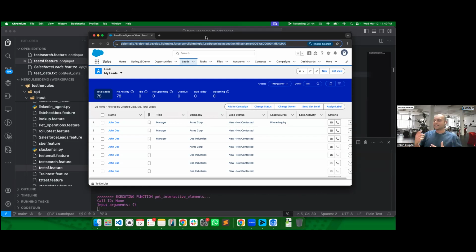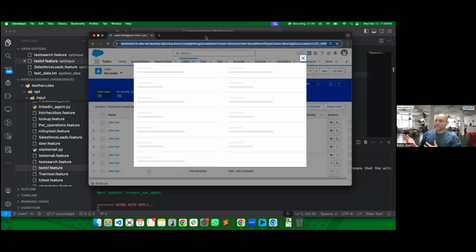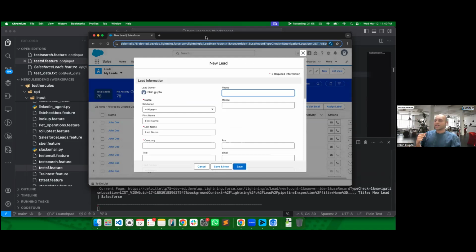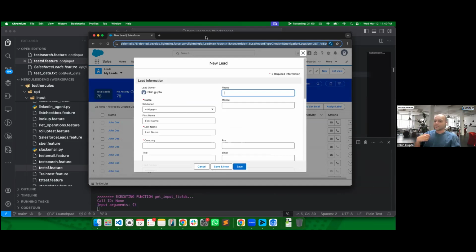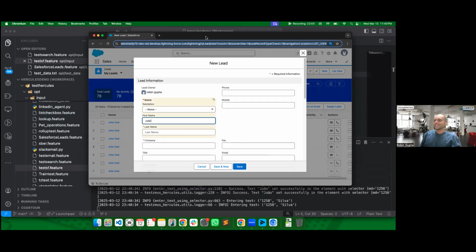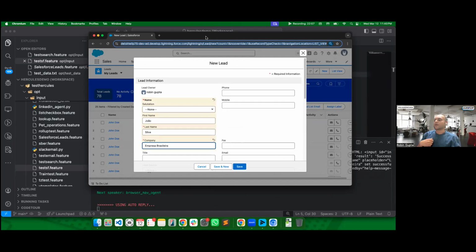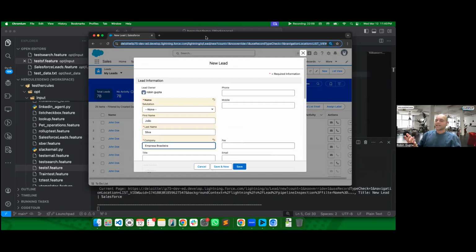The idea is that agents can run longer running tasks. So what is this testing agent doing? It is trying to create a lead on Salesforce, which is a CRM, filling in a form on its own, and then ensuring that the form is filled correctly and a lead is created on Salesforce, which is the CRM system. How it works, we'll see exactly in 30 seconds. But the idea is you can provide natural English commands to such testing agents, and they can take care of the autonomous